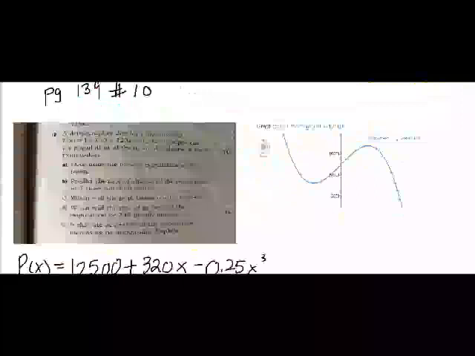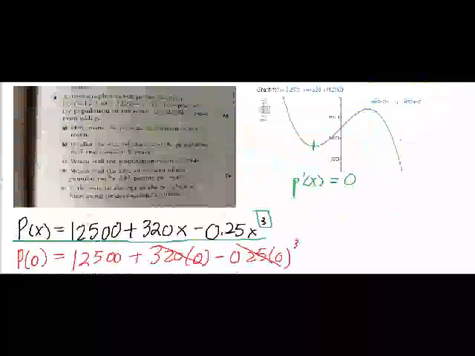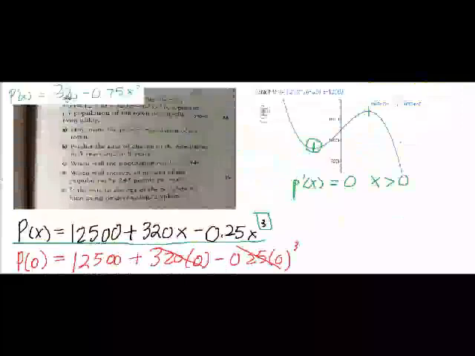If we use the first derivative and set it equal to 0, we can find the x values of the turning points here. Now, there are restrictions to this. x has to be greater than 0. This is because at the turning point here, x is negative, and the years cannot be negative, so x has to be positive, greater than 0. So let's try this out. We found out previously that our derivative was p prime x equals 320 minus 0.75 x squared. So if we set that equal to 0 and find out what x is,